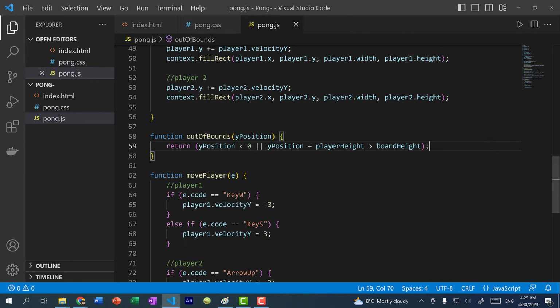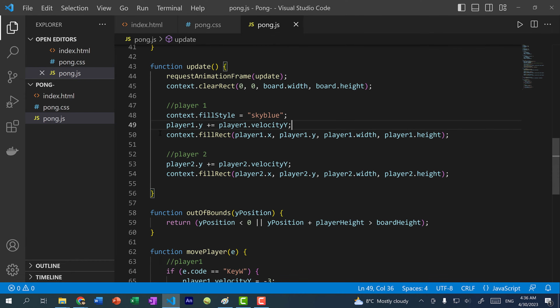So why do we add player height? Because y position represents the top left corner. So to get the bottom left corner, we want to add player height. Alright, so now that I have my out of bounds function, I'm going to go back to the update function